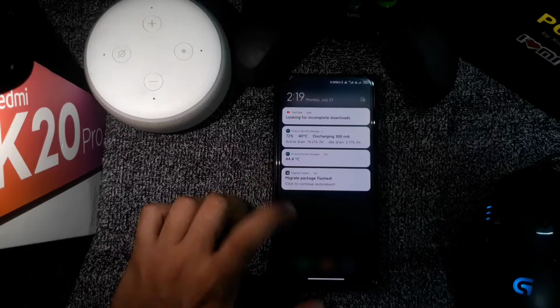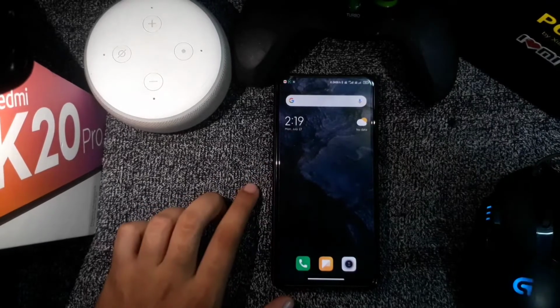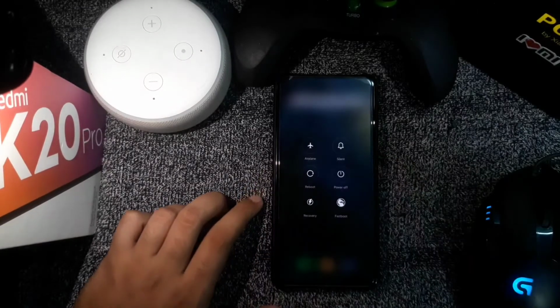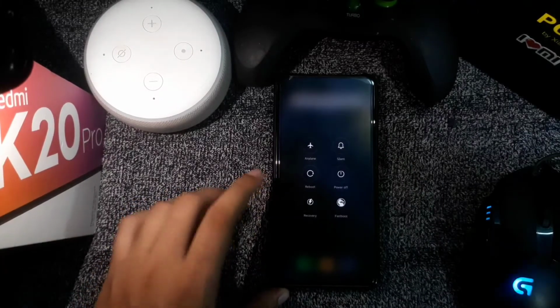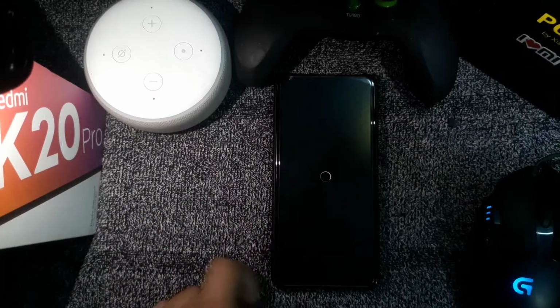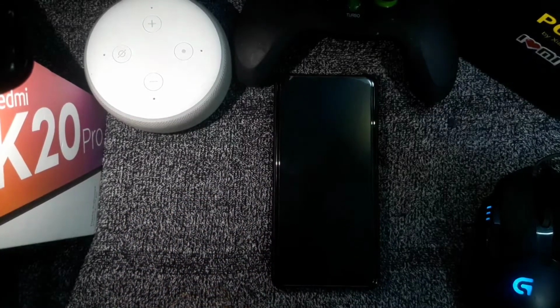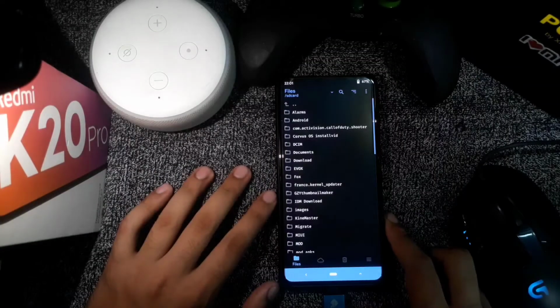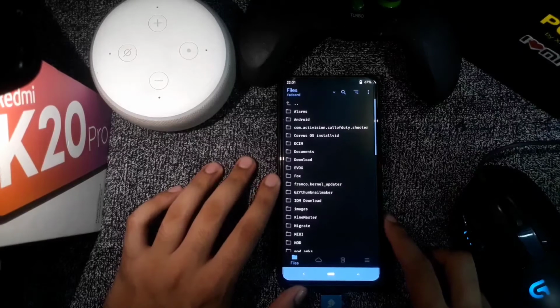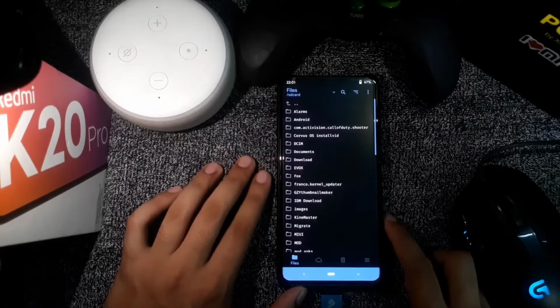Here I'm using the custom recovery method, but you can also do it by fastboot mode, but then you need a computer. First, you have to boot into recovery, so for that you have to power off your phone and press the volume up and power buttons simultaneously. But here there is a direct option to go to recovery mode in MortalOS. After booting into recovery, you need that DTBO file as per the FPS you need. And if you are not on a display overclock supported kernel, then it will not work for you.